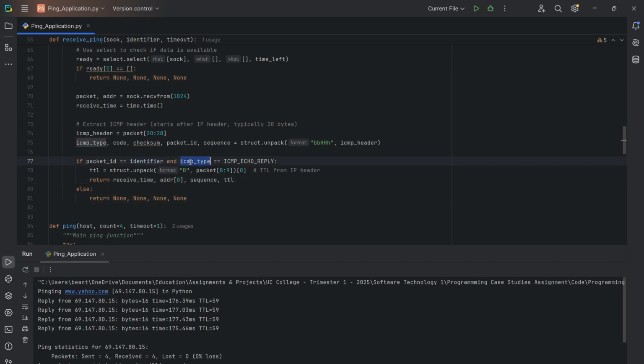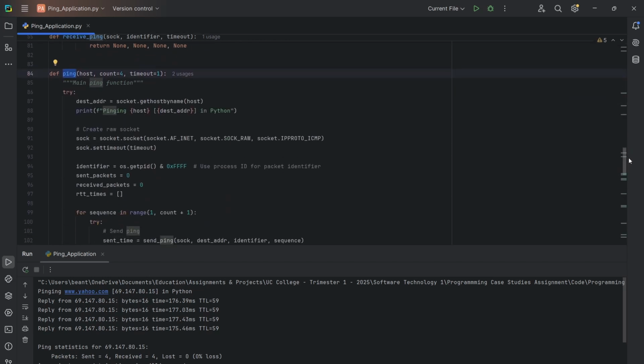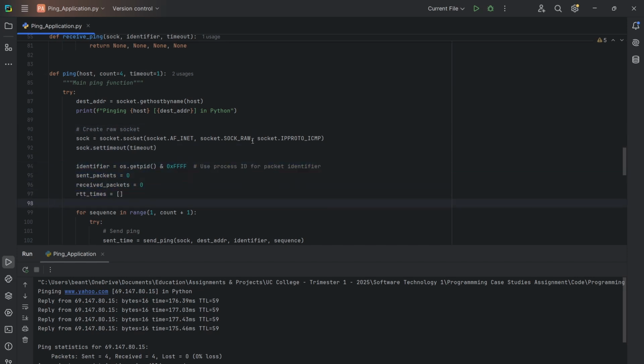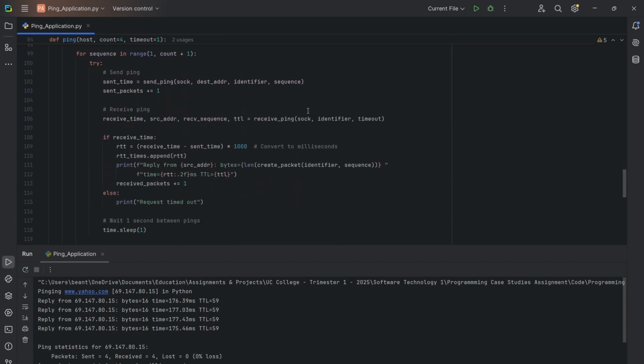And finally, the execute_ping function ties everything together. It resolves the host name to an IP, creates a raw ICMP socket, and sends 4 pings by default, 1 per second. For each ping, it calls dispatch_ping and capture_ping, displaying results like packet size, RTT, and TTL. If a ping times out, it prints ping request timed out, and it tracks packets sent and received for the